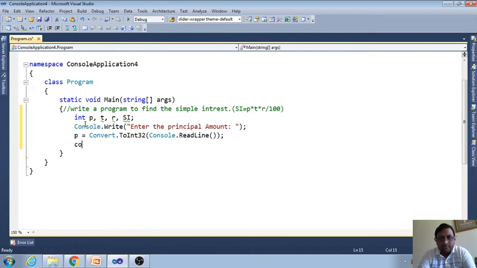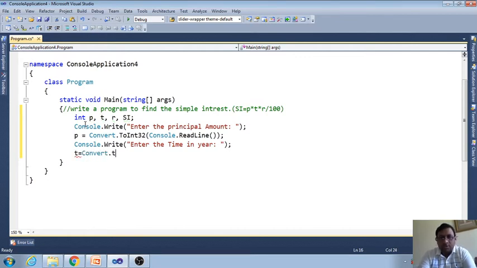So Console.Write, enter the time in year, and time is T equal to what?